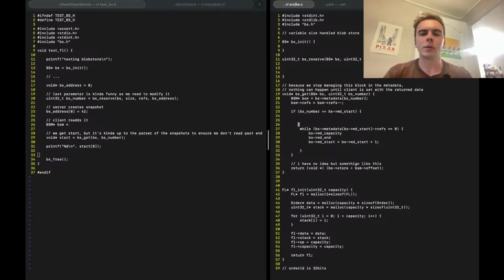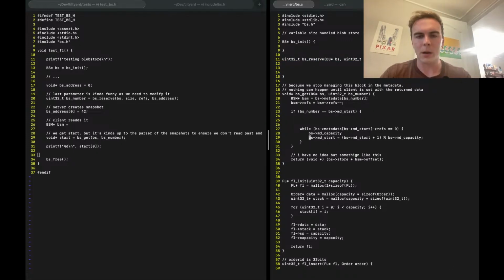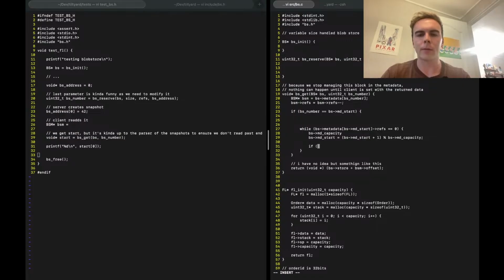Okay, so here's the actual thing. It's going to be +1, but this can go over, so we need to do this with BS MD capacity. Okay, this is metadata capacity, and this could change. Not sure how, but it'll double if we run out, but this will be handled in the reserve, not here. MD start is equal to that. However, we have a special case. If BS MD start is now BS MD end,